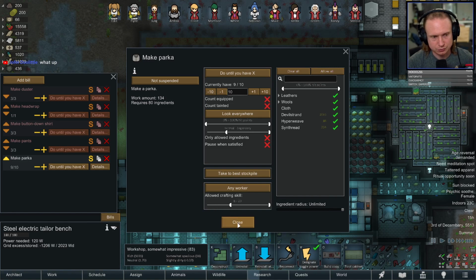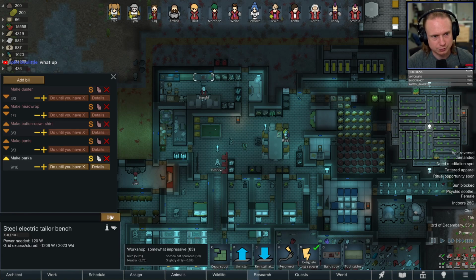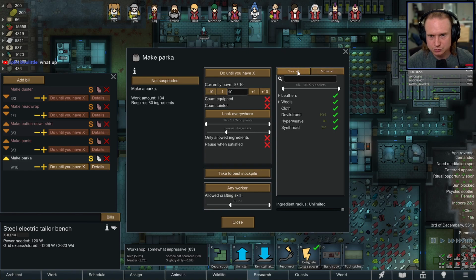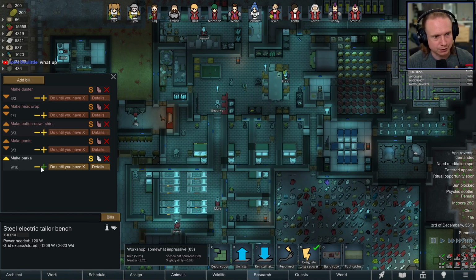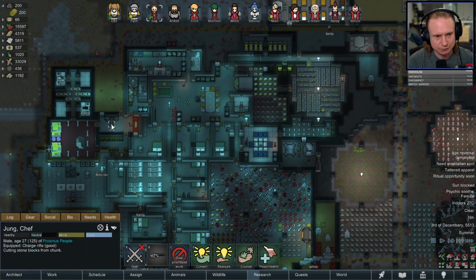Set it to 8 so that someone does it. And then we want 15 of those. And let's use, what do we have a lot of for leathers? Sitting on a lot of rhinoceros leather, so we'll make them out of that, until we have 15. And then we'll get rid of all of our parkas, because ever since we got rid of that climate adjuster, we haven't had...